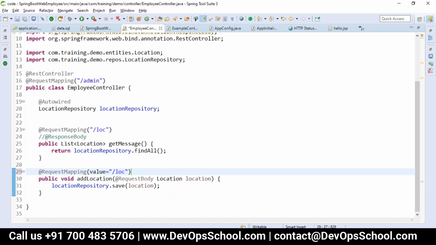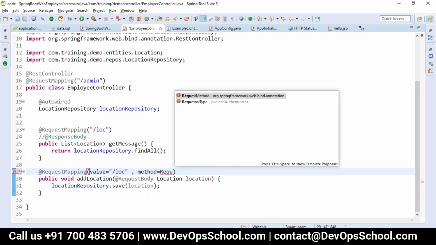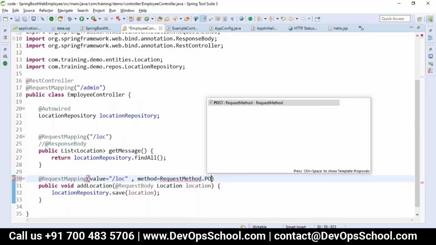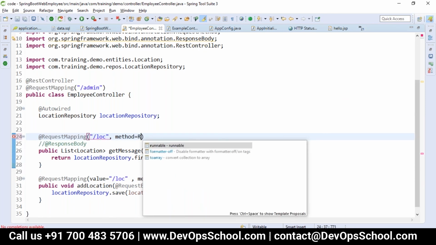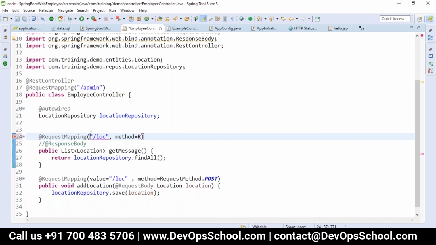We'll use value LOC, and then here method equals RequestMethod dot POST. And I want to specify that this request mapping should not be for all types of data. So I want to mention this should be only for a type of get. That also we will be mentioning here.